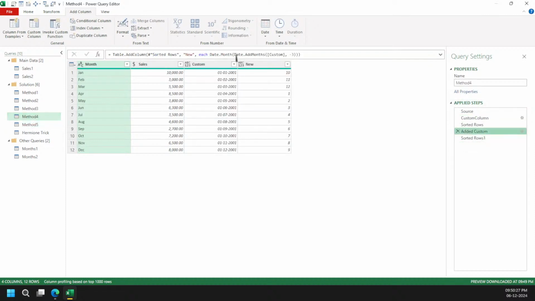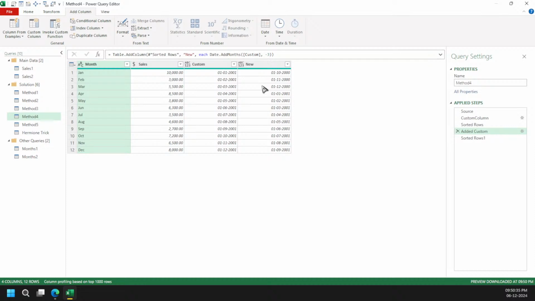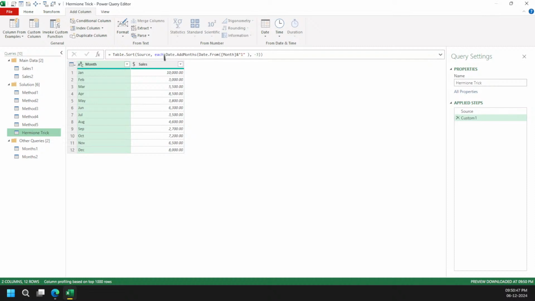If I remove this much portion, you can see that the date is still a year older compared to April. So what we need to figure out is how to get the month's number from here. So that's what I'm going to do. If I just get the month number, date, month, that's it. The moment I do that, I've sorted my months on a financial year basis, and that's the trick with it.